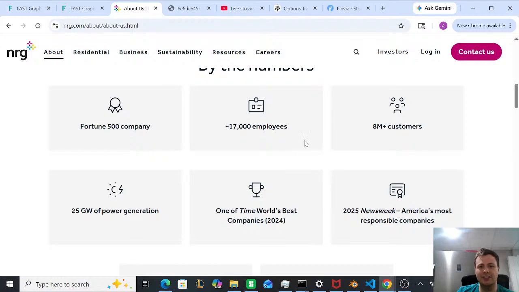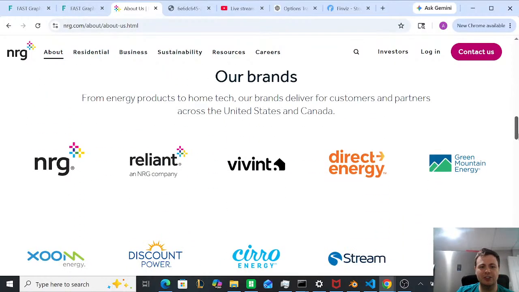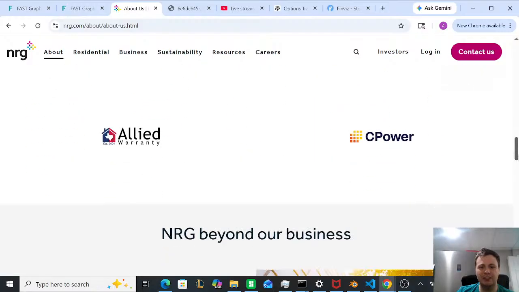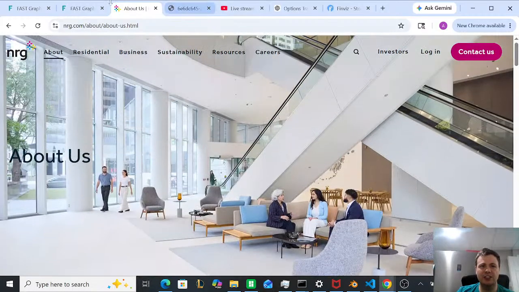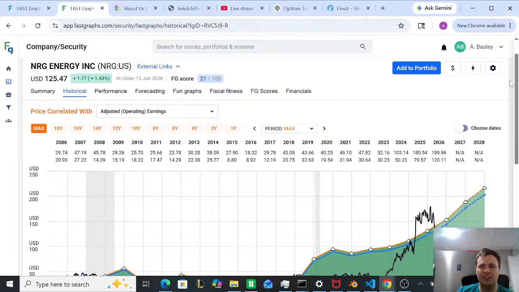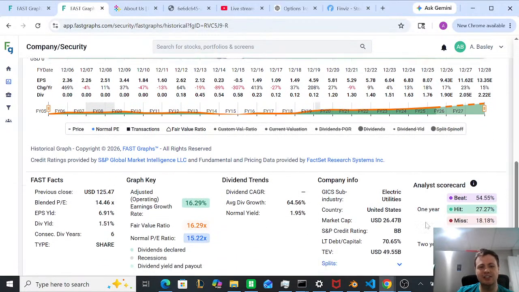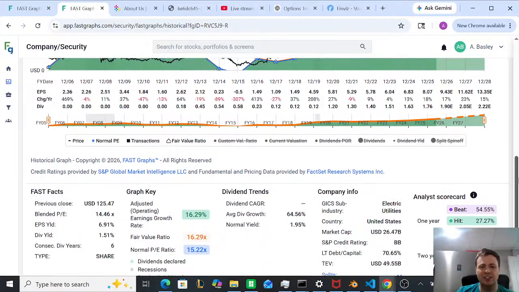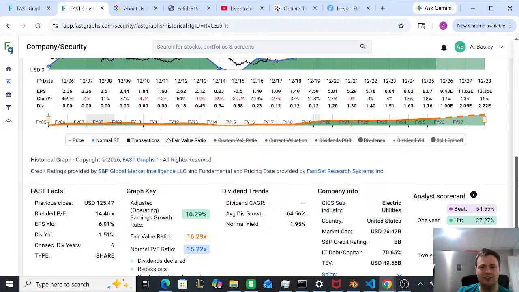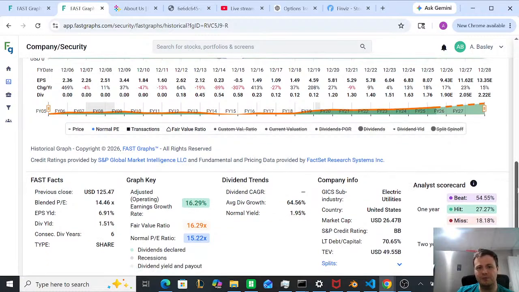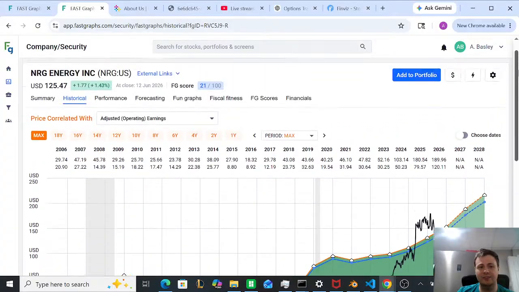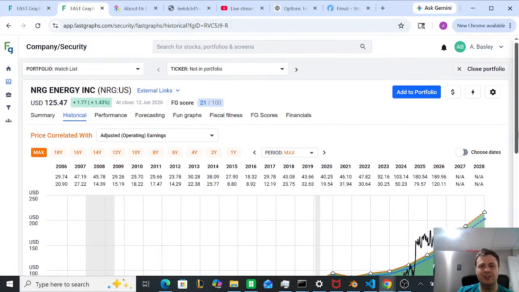Fortune 500, 17,000 employees, 8 million customers, 25 gigawatts of power generation. So this is really what tells us what our company really is here. So NRG, I think, looks really promising at these levels, and it's an electric utility, which is crazy to see that much growth from an electric utility. But Texas as a state has all the data centers and a lot of industry, so NRG looking good. From here, I'm going to go to